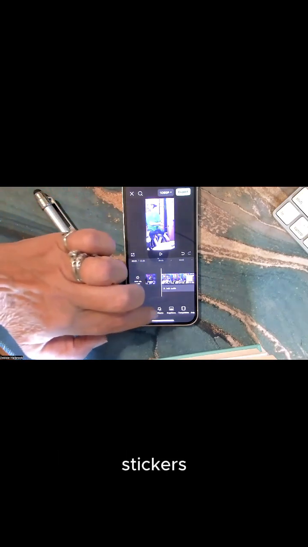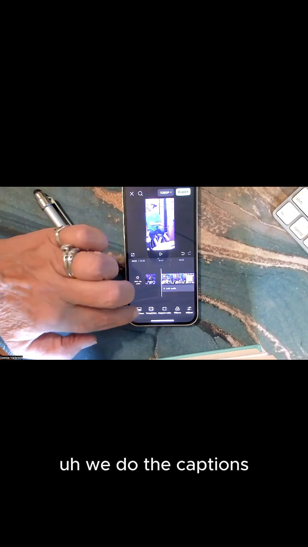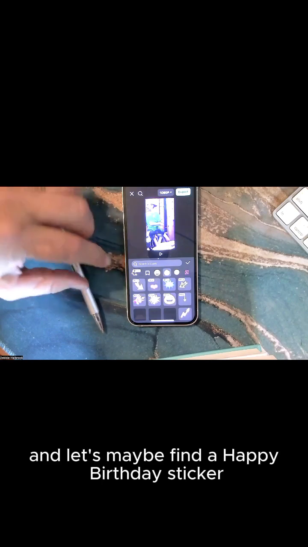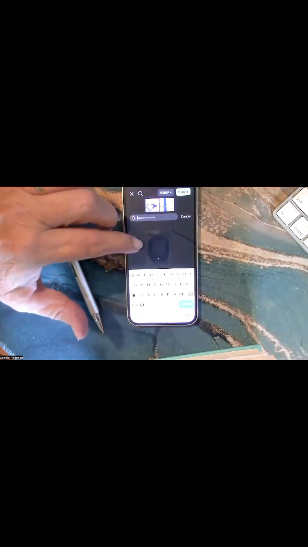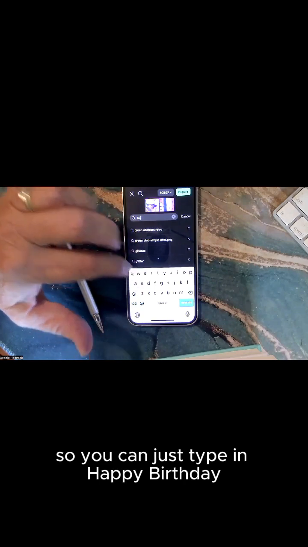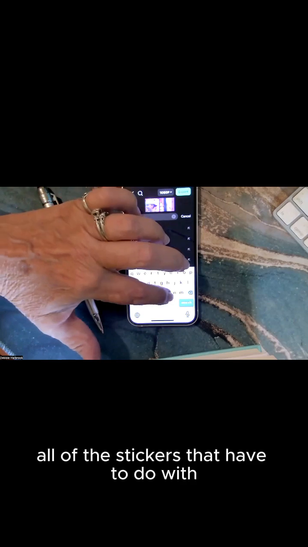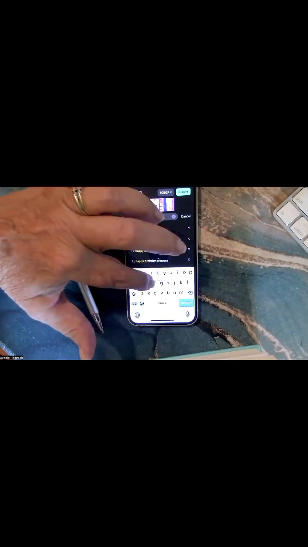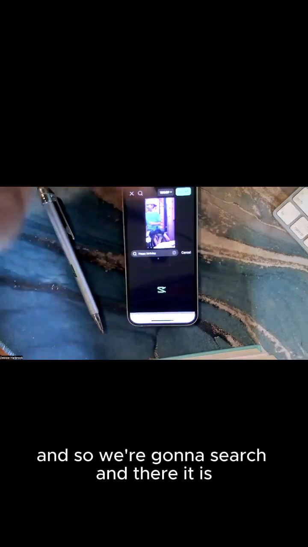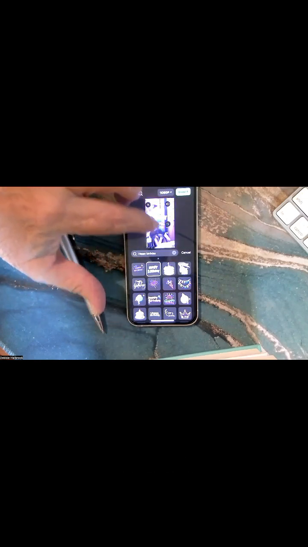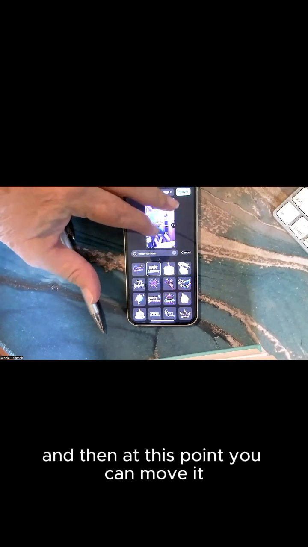The other part of this is, of course, any kind of stickers. We do the captions. Okay, so here's stickers, and let's maybe find a happy birthday sticker. So you can just type in happy birthday, and it'll pull up all of the stickers that have to do with what you typed in there. There's lots of stickers. And so we're going to search, and there it is. So we're going to put a sticker up there. Happy birthday. There it is. And then at this point, you can move it, you can make it smaller,